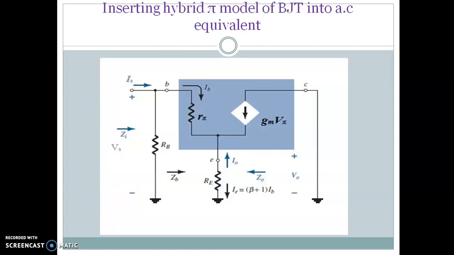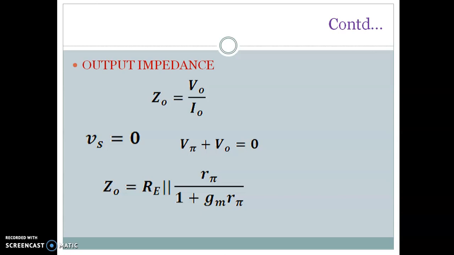Okay, now to compute the output impedance, we set the input voltage as 0 and we remove the load resistor. So if we remove Re, Vs becomes equal to 0. Then Is will be equal to 0, and then it will appear as if it is an open circuited current source. Okay, now we will take your Re into account.